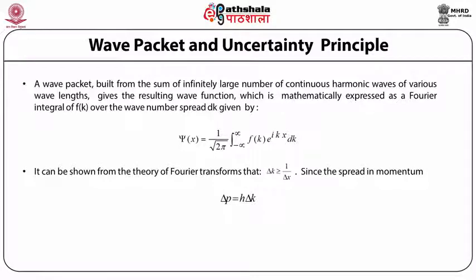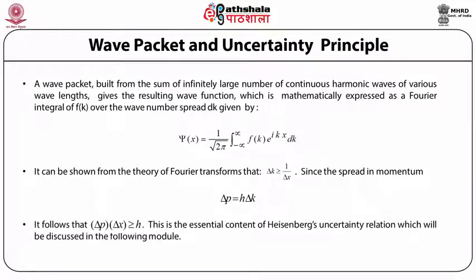Using these equations, that is delta k greater than or equal to 1 by delta x and delta p is equal to h cross delta k, we can write the final expression as delta p delta x is greater than or equal to h cross. This is essentially the first form of the Heisenberg uncertainty relation, which involves the momentum and the